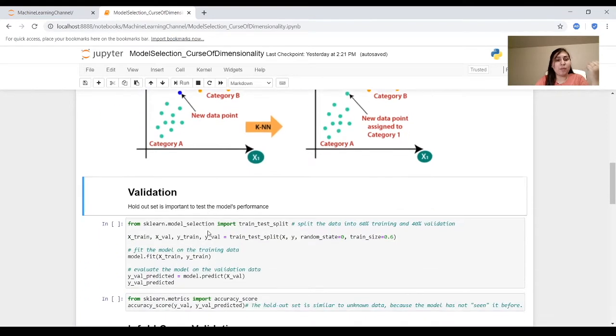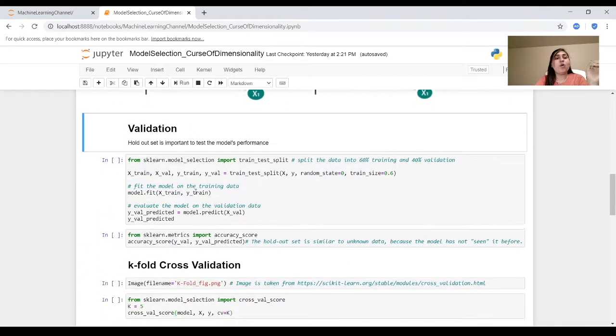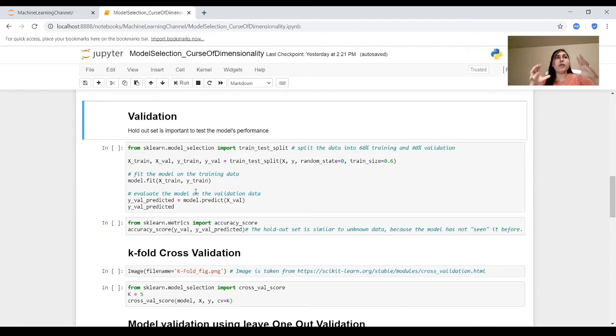Let's go to the first topic, which is validation. As I've already mentioned, we want to split our data into two chunks, one for training, one for validation, so that I can train my model on the training set and validate the trained model's performance on the validation set. For this, I'm going to import train_test_split from sklearn.model_selection. We'll import this inbuilt function.